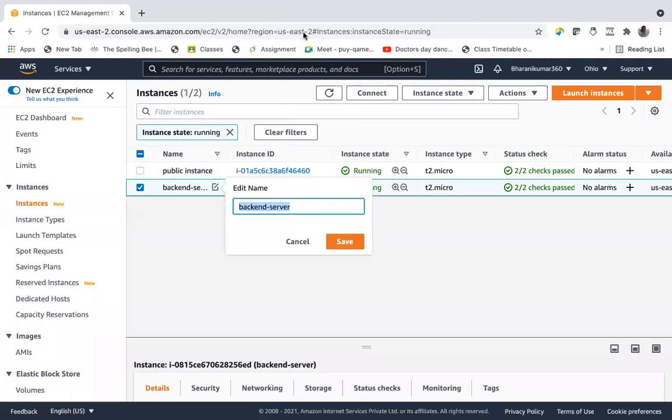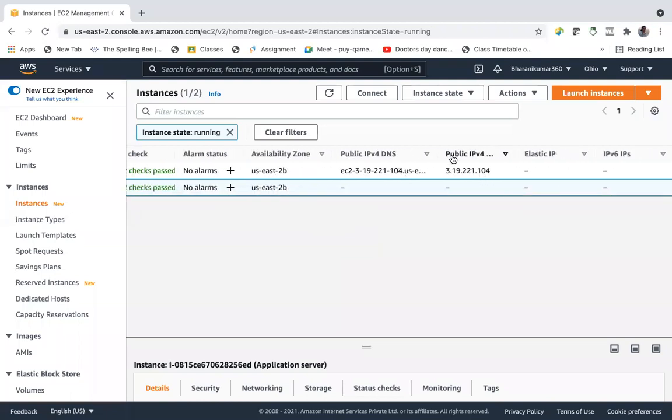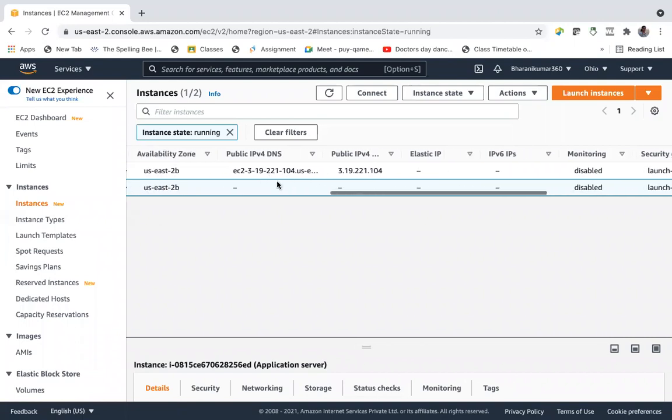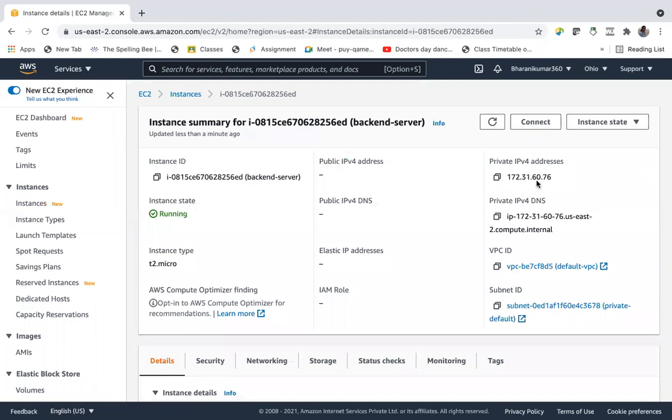Let us not call this the backend server. Instead, we'll call it the application server. The application server here is private. It doesn't have a public IP or DNS. It only has a private IP.